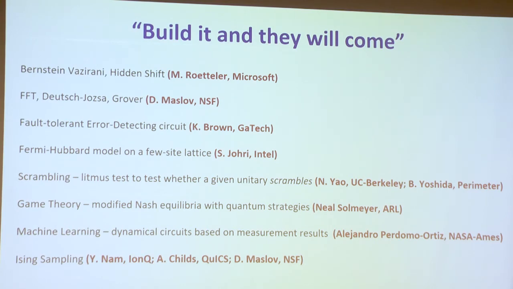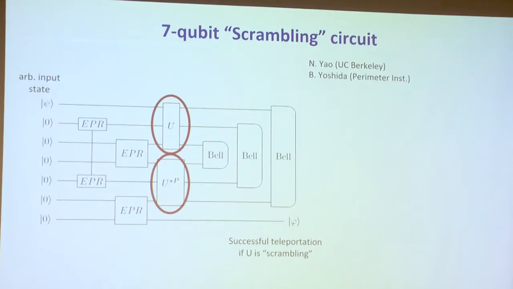One of them in particular, I really don't have time to talk about it, but we've expanded to 7 qubits, and we're basically detecting whether a given 3-qubit operation scrambles. If you ever heard that term before, it actually has to do with information in black holes, believe it or not. And if you have 3 qubits, they can entangle but not scramble. Scrambling is basically information that covers the entire space, the Hilbert space of the qubits. And we're basically applying this circuit as a litmus test for a given unitary. Does it scramble or not?